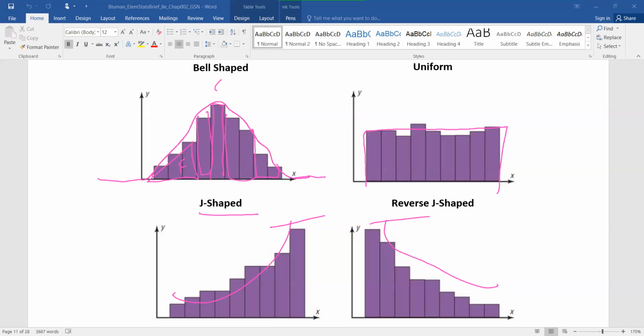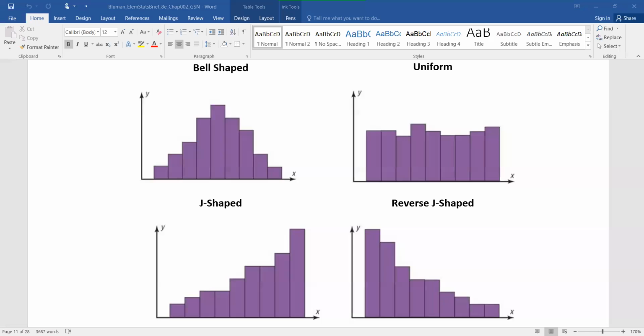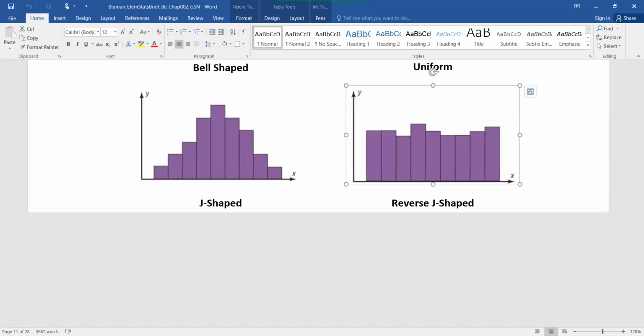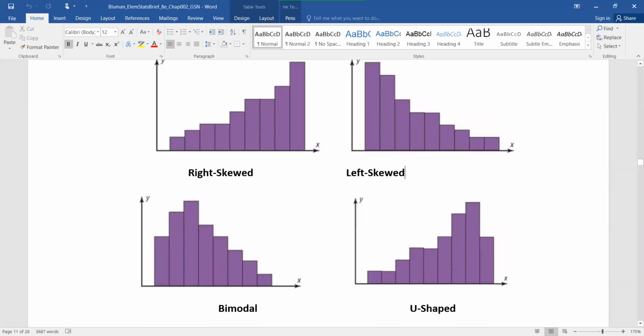Okay, so it's called J shape if it literally is going up with nothing coming back down. Reverse J shape is again going down with nothing coming back up. It's almost like if you were to build a line graph here, it's a perfect positive slope of a frequency chart or frequency polygon. There's nothing bouncing back up. But in a skew, you can see that there's an up and a down situation, but it's majority going to the